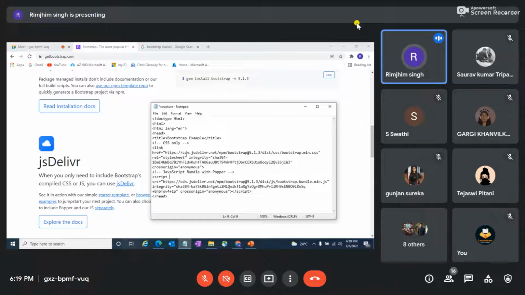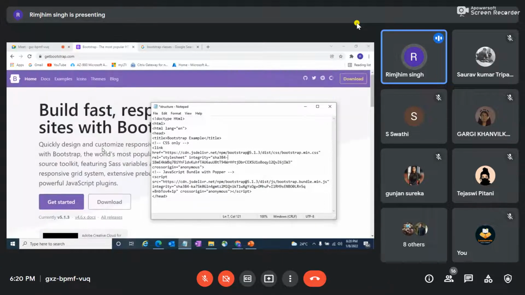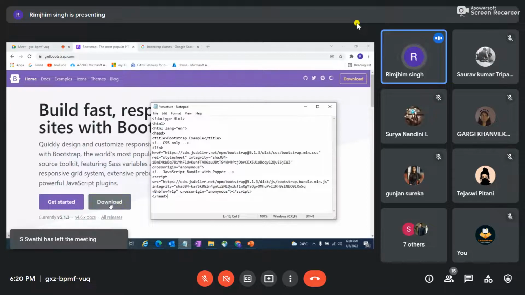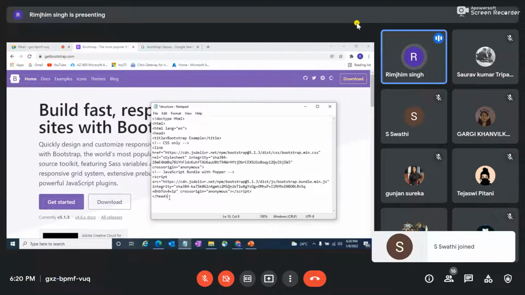If you see here, https cdn jsdelivr bootstrap main.css. If you do not want to write all these things mentioned here, you can download Bootstrap here, whatever is the latest version, like 5.1.3, and you can download according to the compatibility of your laptop.